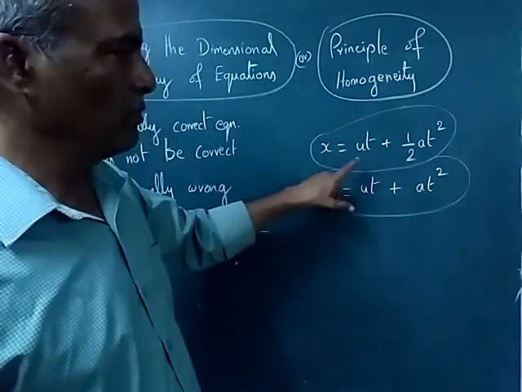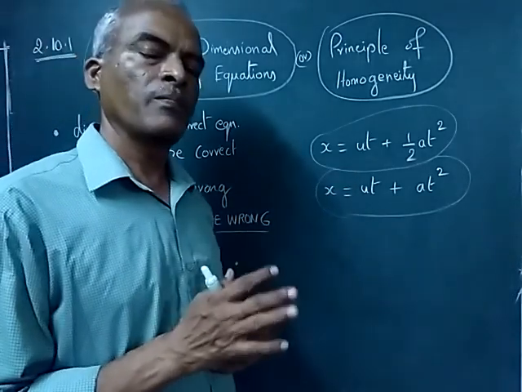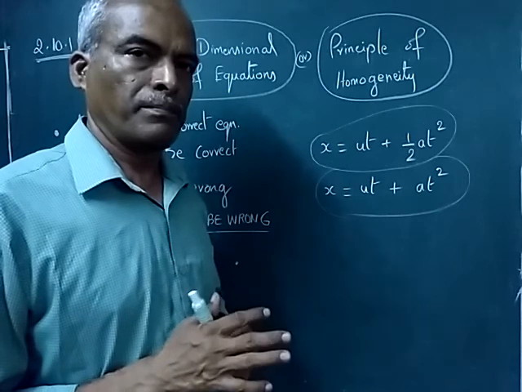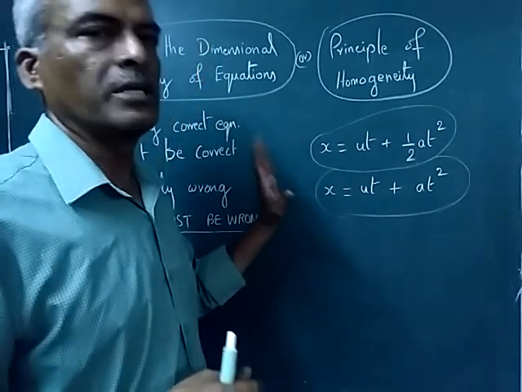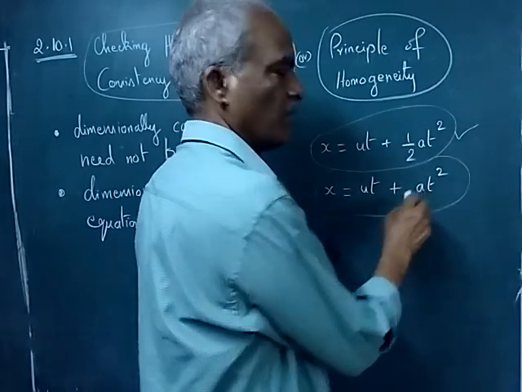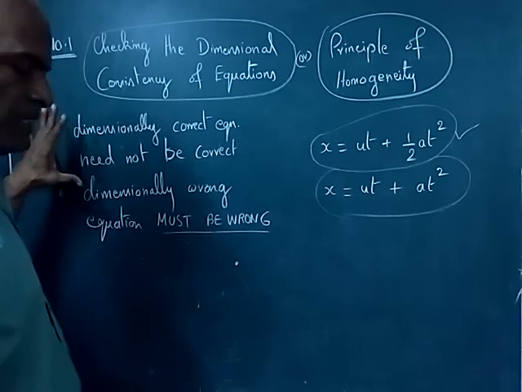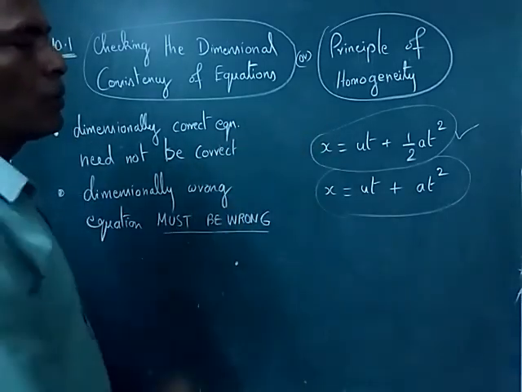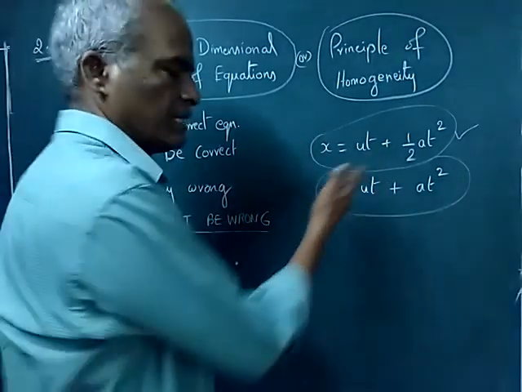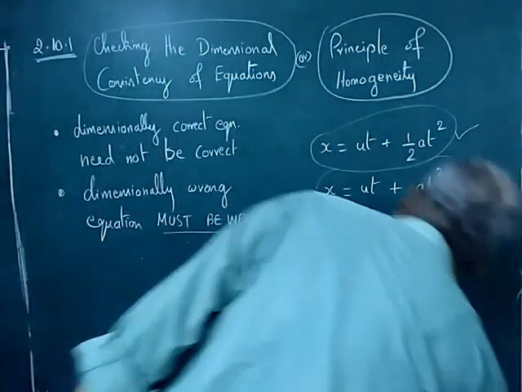That means these two cases, once again I repeat, dimension wise they are same. But the correct equation for the practical use is only this. But here this half is missing. Okay, that's all about this first statement. Now we will prove for both the cases whether it is dimensionally equal or not.